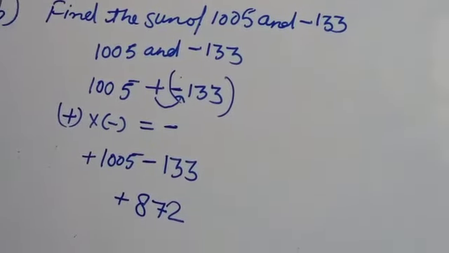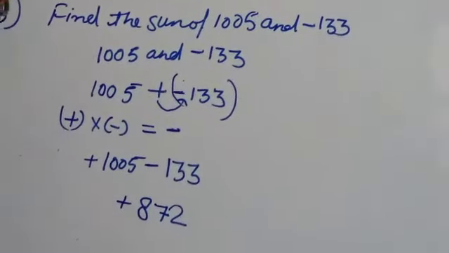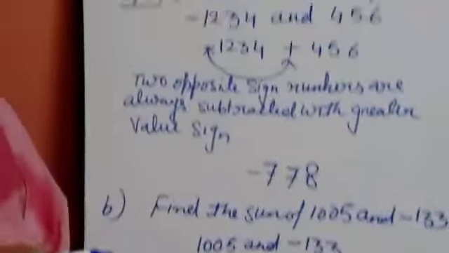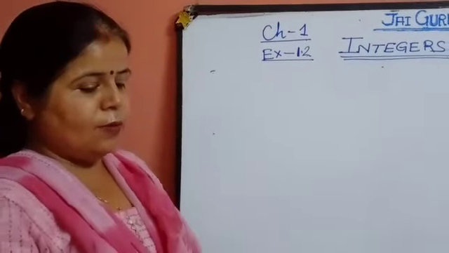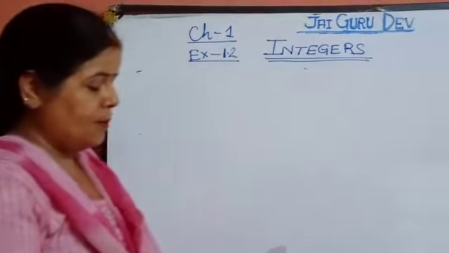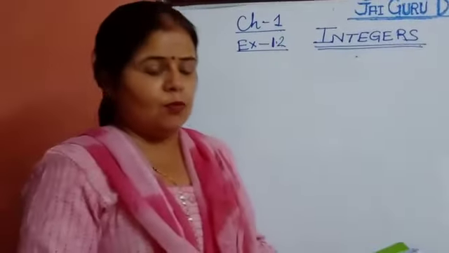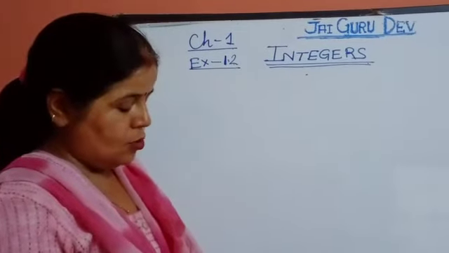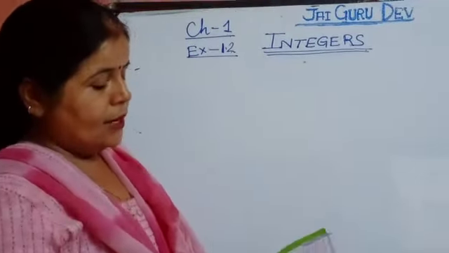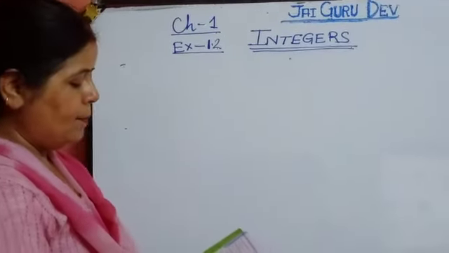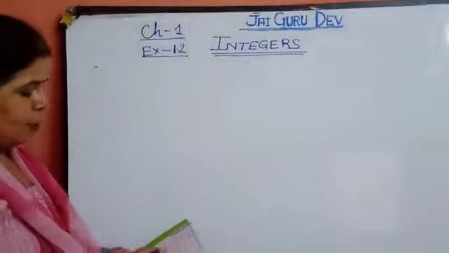Now there are only 4 questions in exercise 1.1. Now we are moving to exercise 1.2. Now come to exercise 1.2, beta. And what is question number first? I will send you the pic of this exercise also, because many children do not have the book. So I will send you the exercise also, as I sent you exercise 1.1 previously. See that now: fill in the blanks to complete the following statements and mention the property.